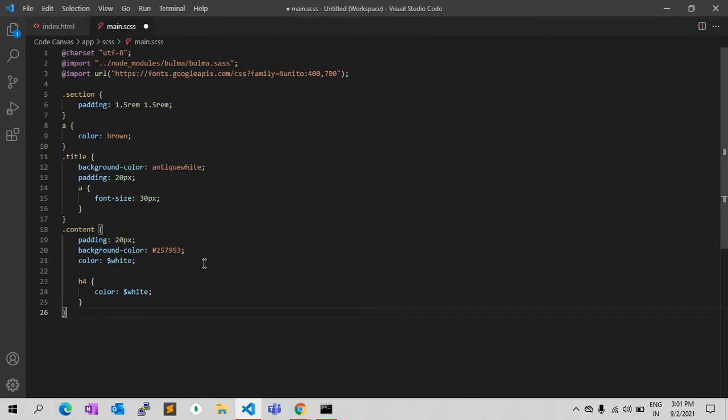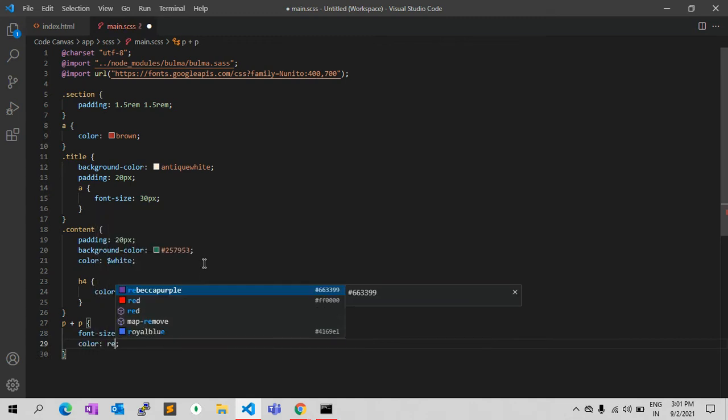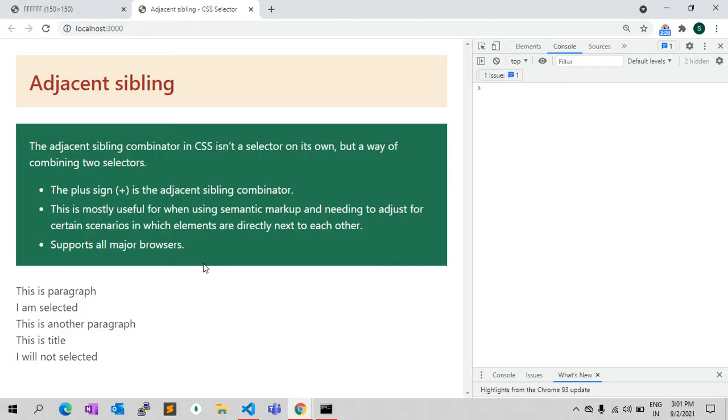Let's save. And in CSS, let's write some CSS for paragraph. For example, P plus P. We can give some CSS like font size larger, color red, for example. Let's see.